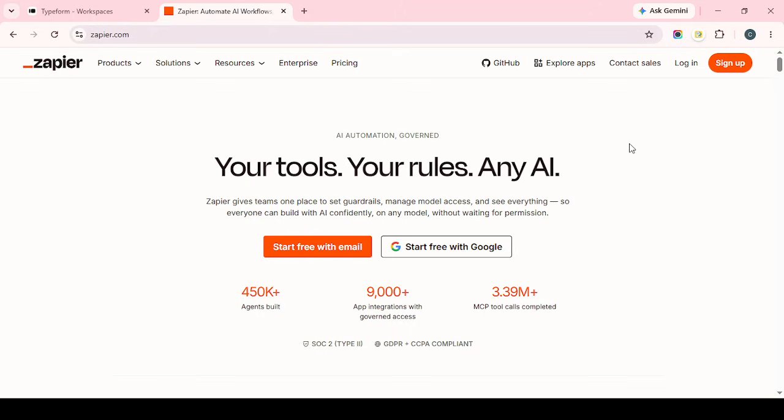After that, you'll map the fields from Typeform to GetResponse. This is where you tell Zapier which answers from the form should go into which contact fields. At minimum, map the email field from Typeform to the email field in GetResponse. Then continue mapping any other form responses you want to store, such as name or other relevant custom field information